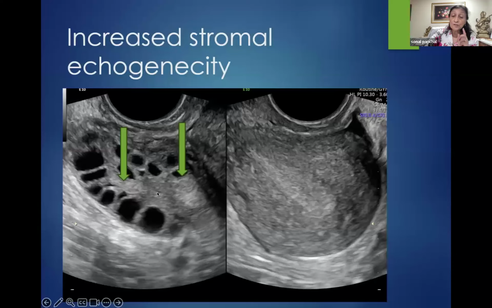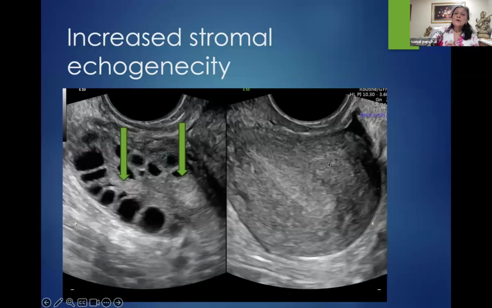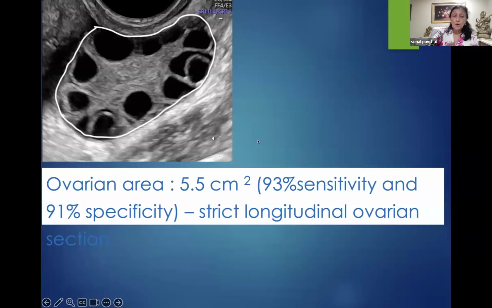Remember, the normal ovarian stromal echogenicity is the same as that of the normal myometrium. But if you find that the stromal echogenicity is more than that of the normal myometrium, this is reported as increased stromal echogenicity, and it represents stromal abundance. But this is a bit subjective, because only if the myometrium and the ovarian stroma are equidistant to the probe can you compare the echogenicity. If they are not at the same distance from the probe, in those cases you may have to depend on more